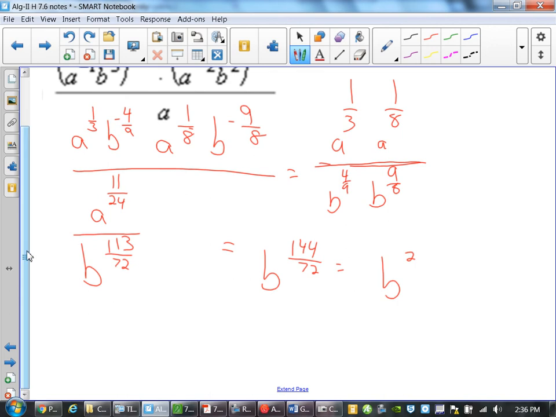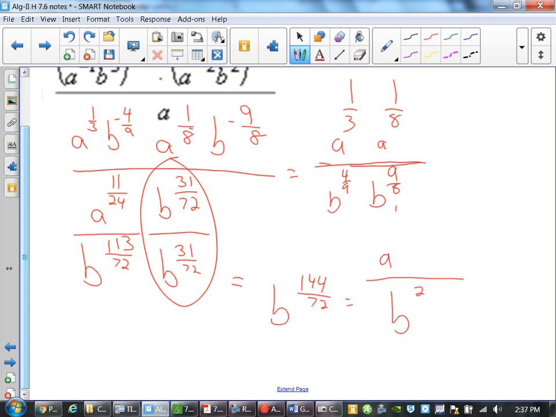Aha! Within my bases, all I have to do is add exponents. So what do you have to add to 113 to make it 144? 31. You know what I meant. Because this is a factor of 1. Oh, I was so confused. Wow. So your final answer would be